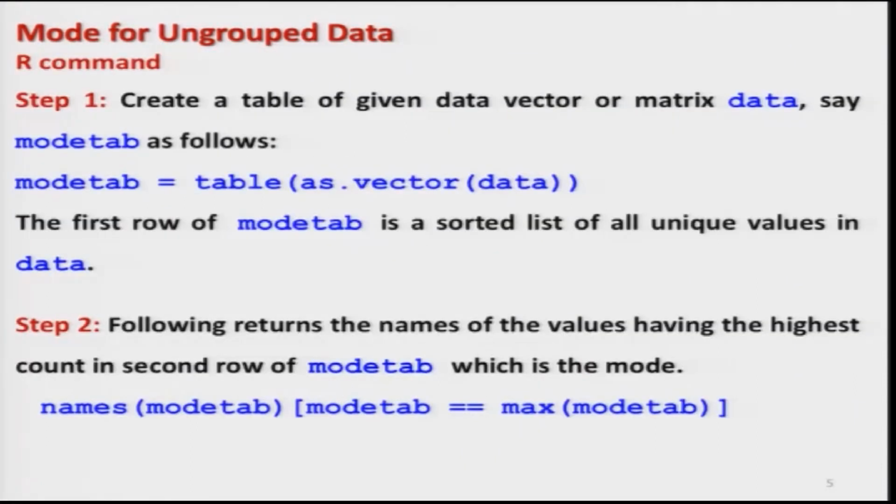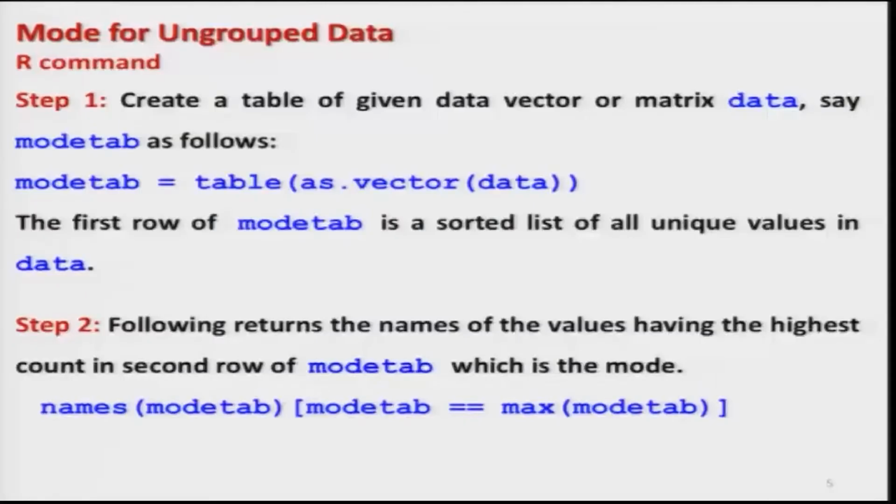So in order to find out this mode in the R software, we will go like this. I am simply going to write two steps, and they are simply copying what I just told you: create a frequency distribution, choose the maximum value of the frequency, and corresponding to it choose the value of x, and that is going to give you the value of the mode. So when we compute this mode in R software, I am giving you two steps, step 1 and step 2. Step 1 is very simple.